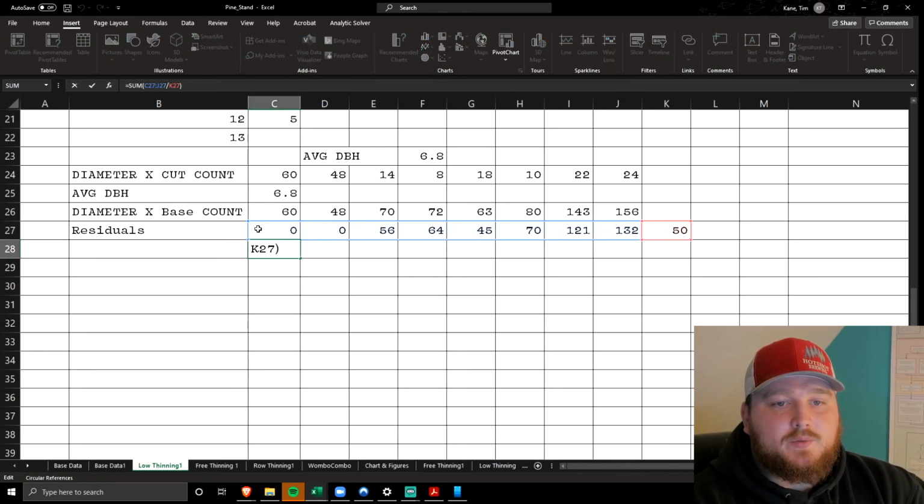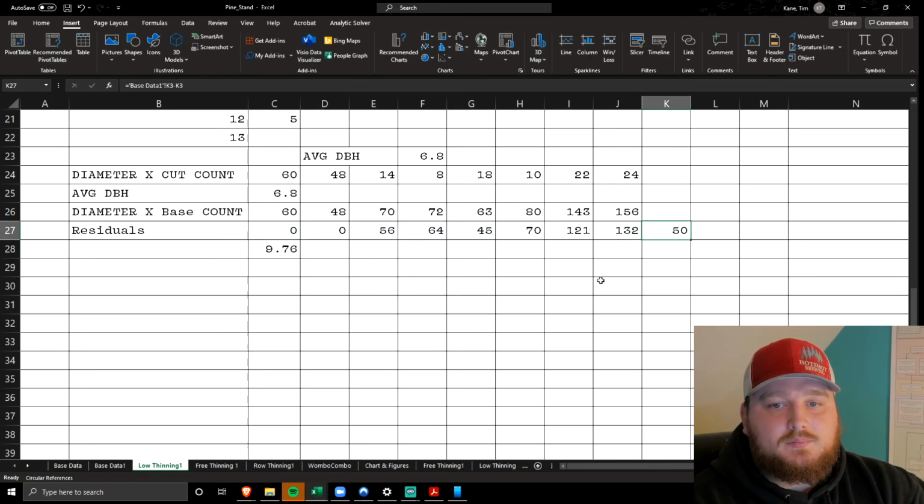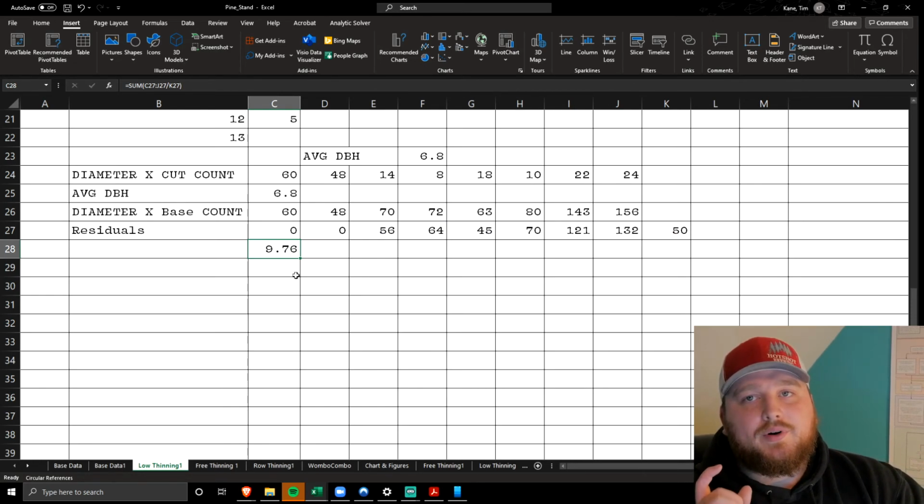And what's happening is we're adding all these together, and then this is the number of trees we're dividing it by. You can see all the formulas in here if you'd like, but that's pretty much how it works. What this ends up with is 9.76 inches is the average DBH of a tree that we are leaving on